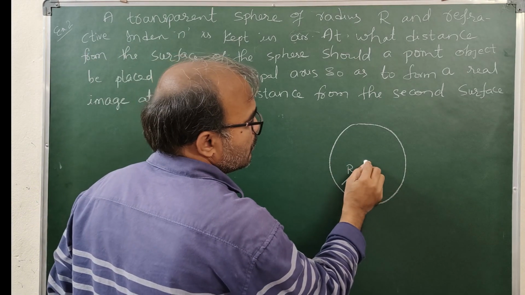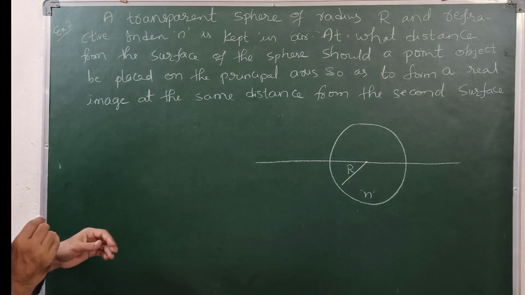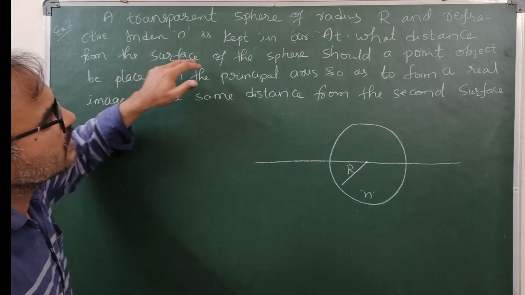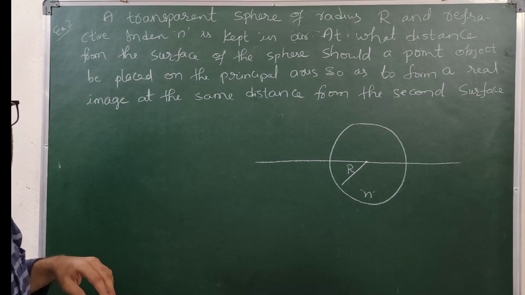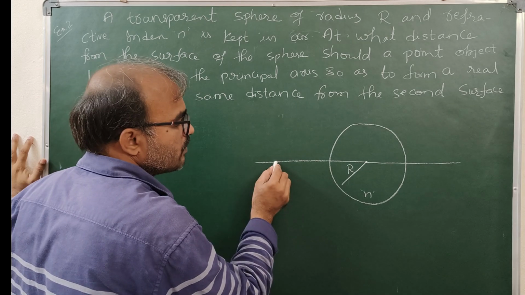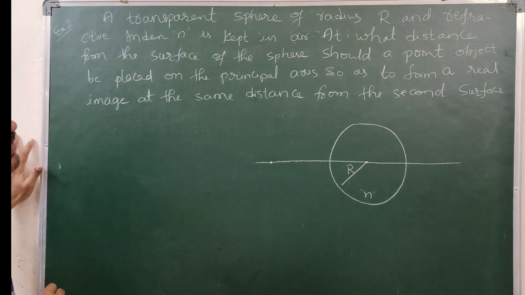Now let us draw the principal axis. Now at what distance from the surface of the sphere should a point object be placed? Means a point object we have to place somewhere on the principal axis. Let us keep a point object at this point